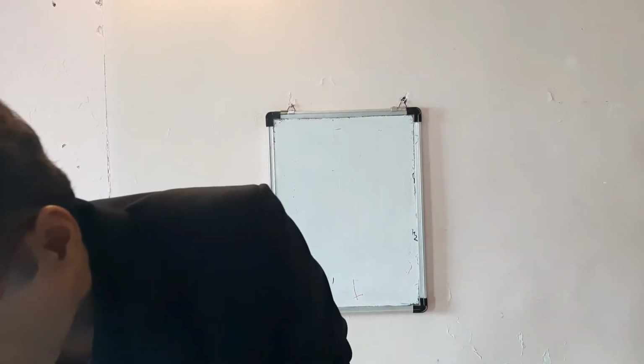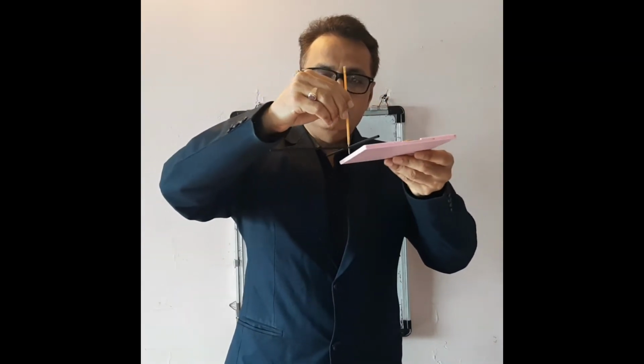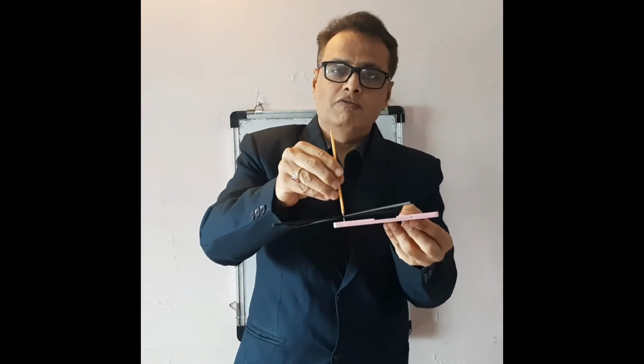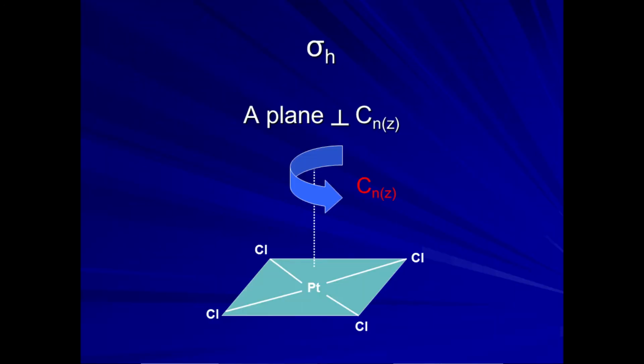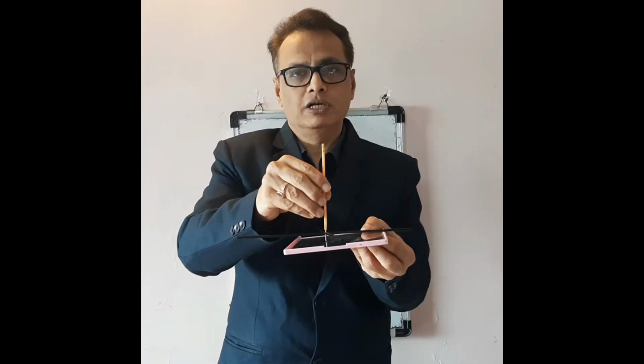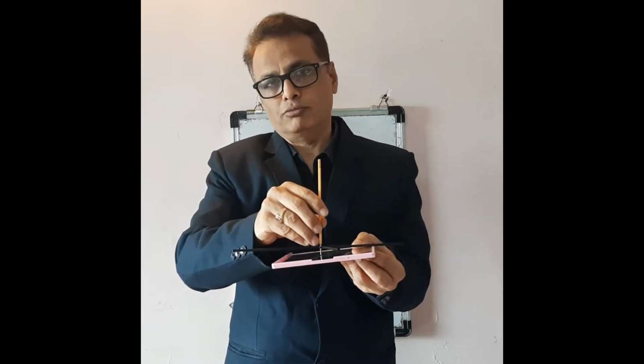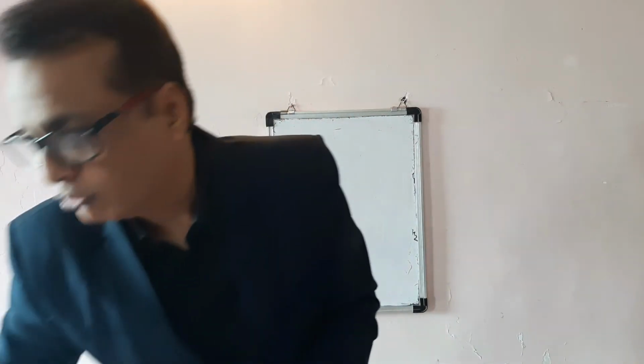Here PtCl4 has horizontal plane of symmetry. This is mirror plane which is perpendicular to principal axis, called horizontal plane of symmetry. This is mirror plane which bisects half of the platinum and half of the four chlorine atoms, and which brings the molecule into the same configuration. So this is mirror plane which is perpendicular to this principal C4 axis, and therefore this is known as horizontal plane of symmetry. Similarly, BF3 also contains horizontal plane of symmetry.